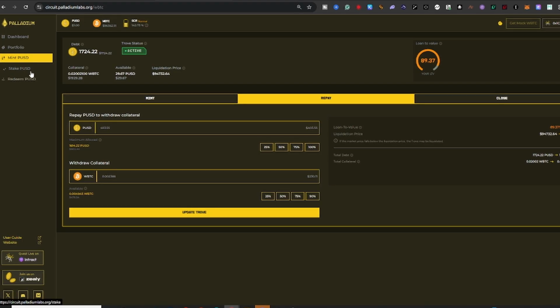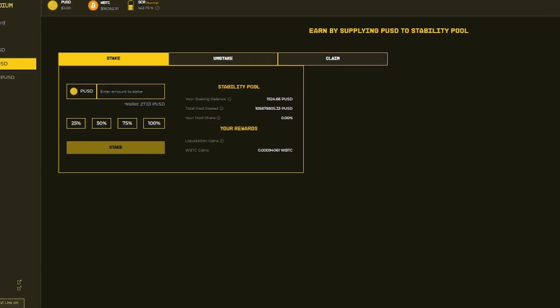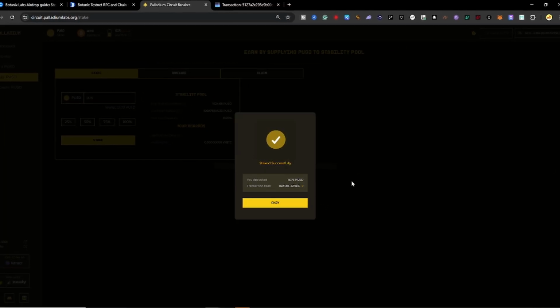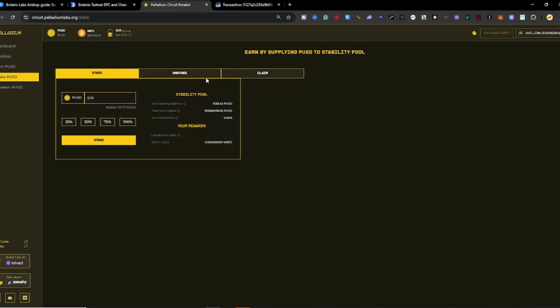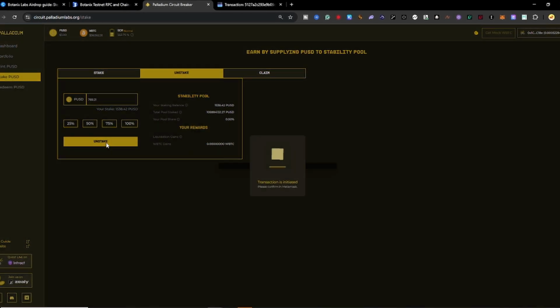So our next transaction that we need to do is stake PUSDT. So for example, I have 27 PUSDT and let us try to stake 50% again. After that, go to the unstake. Then I will unstake 50% of my stake.